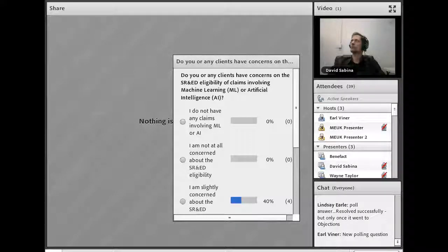Anybody have any comments? This is a very technical area, I understand that, and I did actually watch the webinar and look at the examples, and trust me, David did a much better job of going through it than CRA did, but it is useful from the perspective that at least CRA is trying. I'm not sure how effective they were with these specific examples, but they are trying. And maybe they'd mean a lot more to more technical people that are intimately familiar with this area.